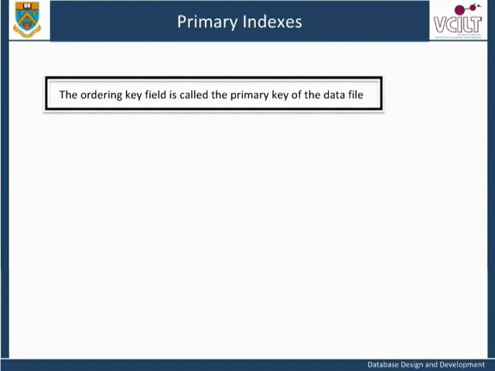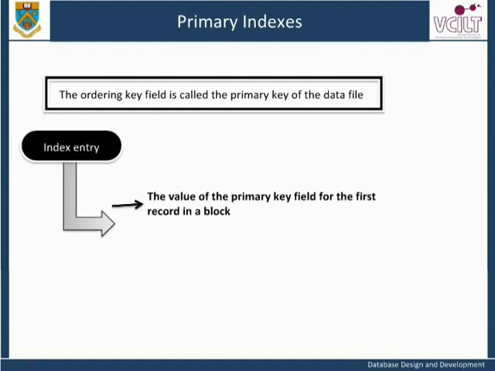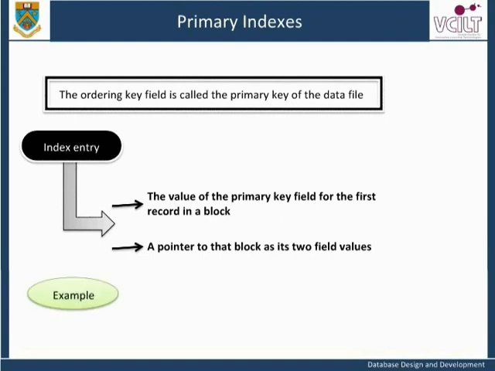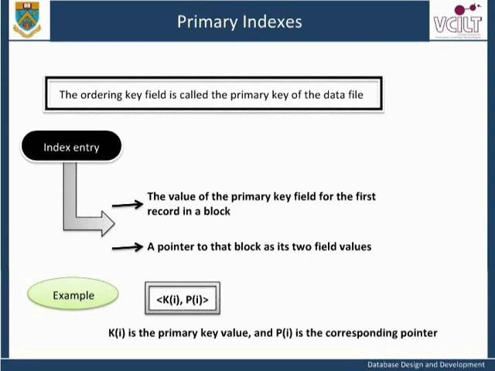There is one index entry, that is, index record, in the index file for each block in the data file. Each index entry has the value of the primary key field for the first record in a block, and a pointer to that block as its two field values. We use the following notation to refer to an index entry i in the index file: K_i, P_i. K_i is the primary key value, and P_i is the corresponding pointer, that is,